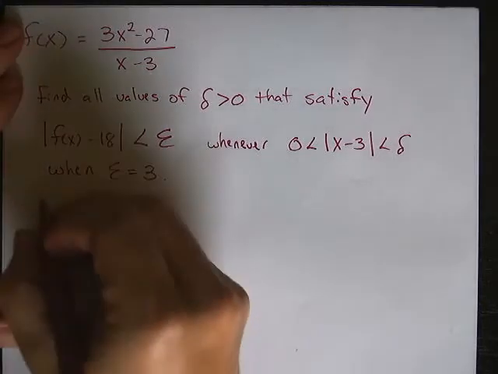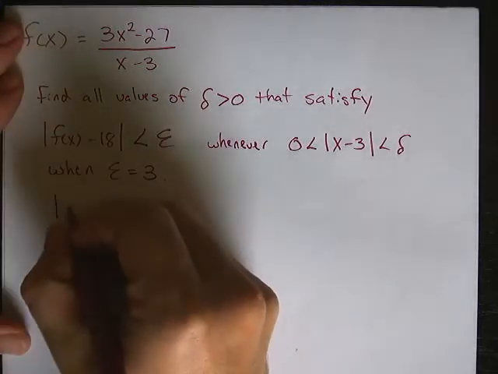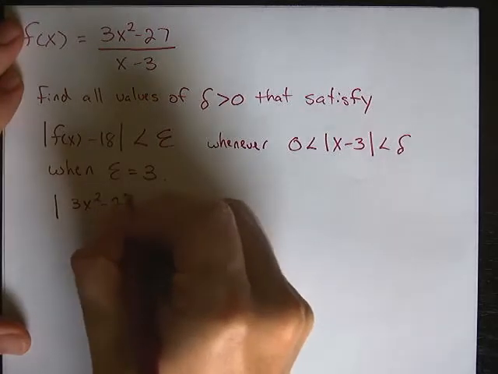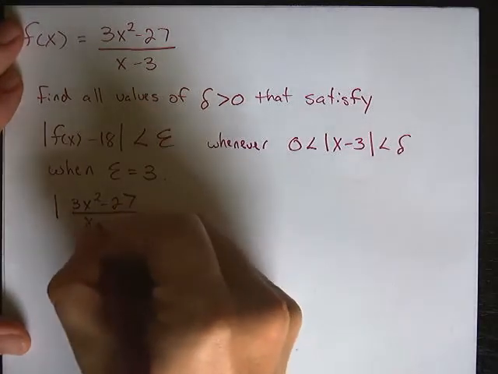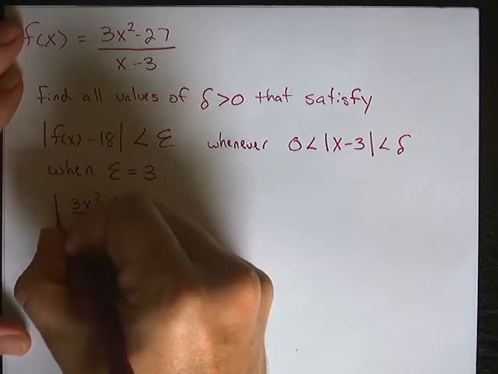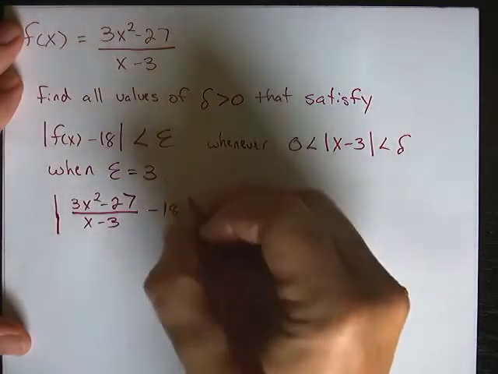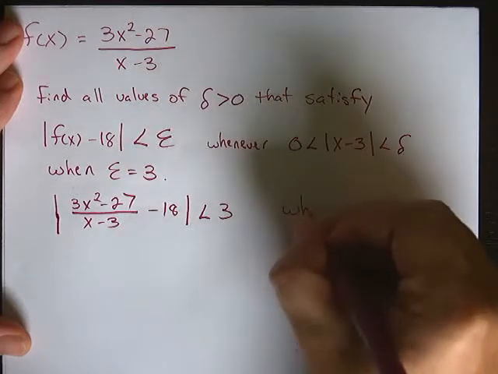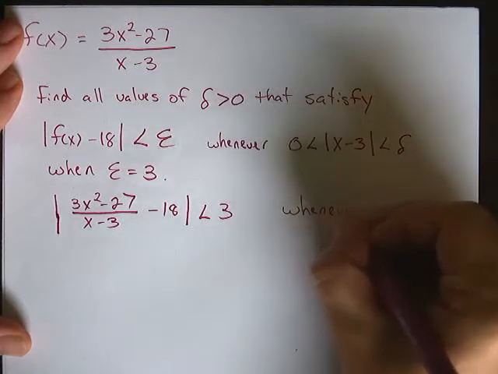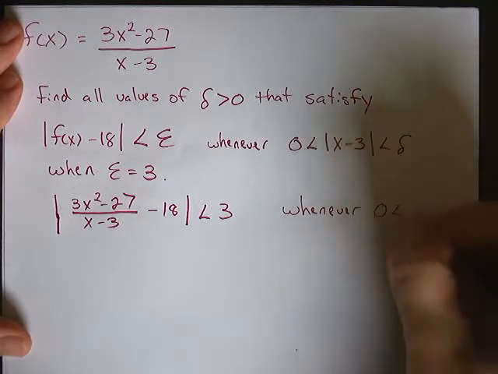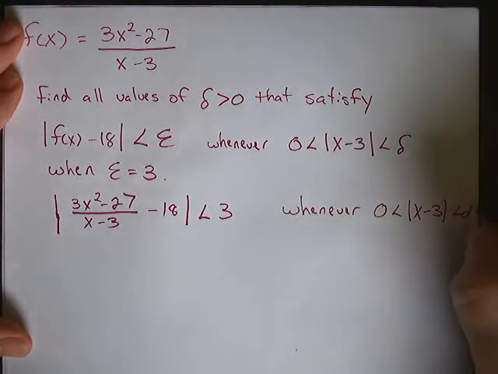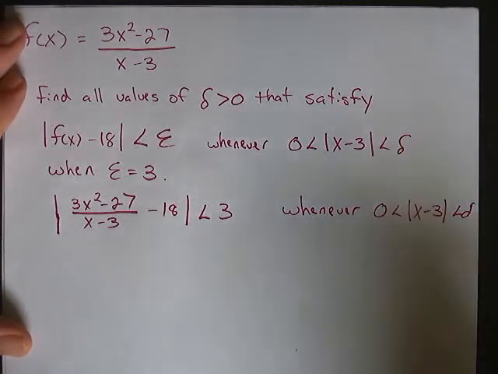Well, first of all, let's write down what we have here, which is that the absolute value of 3x squared minus 27 over x minus 3, minus 18, is less than 3 whenever 0 is less than the absolute value of x minus 3 is less than delta. Okay, so